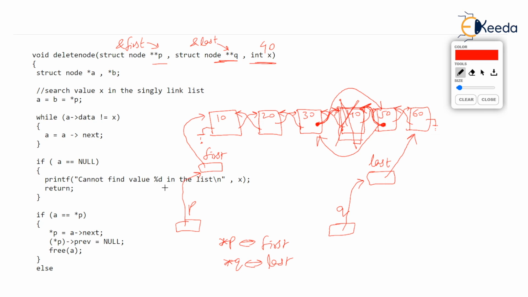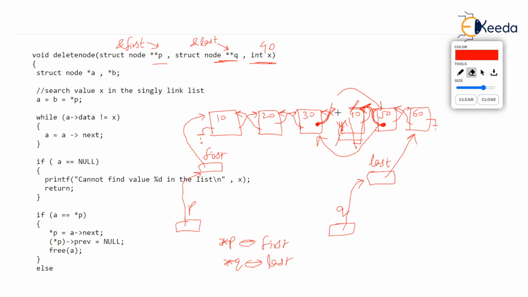So if you read this list from the beginning, 10's next is 20, 20's next is 30, 30's next is now 50, correct or not? And 50's next is 60, and 60's next is no one. Also, you read from 60 backwards. 60's previous is 50, 50's previous you observe is 30, isn't it? And 30's previous is 20, and so on. So where is this 40? 40 is lost. I hope you are understanding what we mean by deleting a node from a linked list